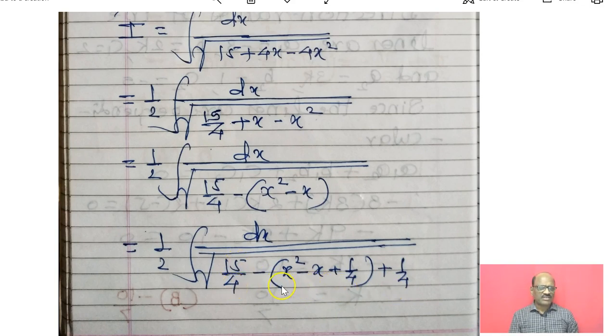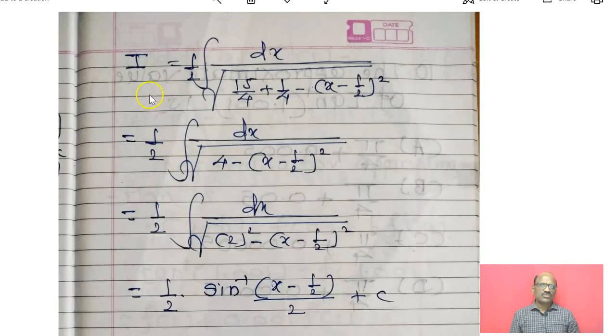And this is a perfect square. That is a (x minus 1/2) whole square. And then you will get the formula of the sine inverse, that is the integral of dx upon under root of a square minus x square. You can solve this. Now see the solution of this, that is I is equal to 1/2 integral